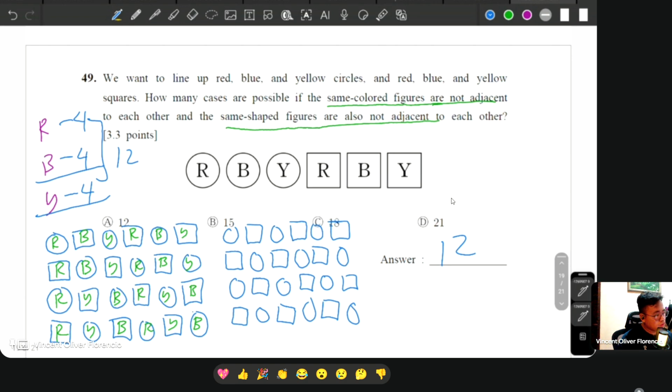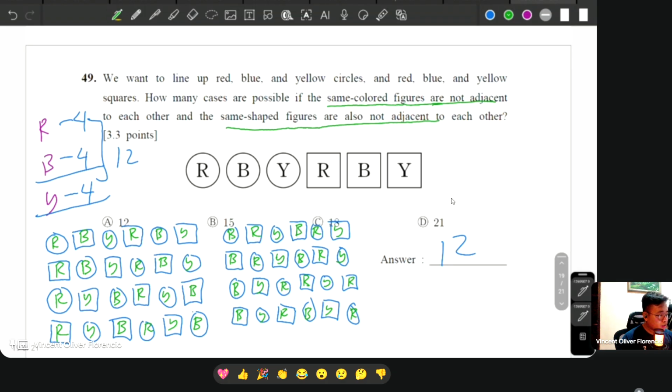Okay, let's say we started with blue. Blue, red, yellow: B, R, Y, B, R, Y, B, R, Y. Again, these two are different, okay? Because they have different shapes. Now, you still started with blue, but you can do first yellow and then red. So B, Y, R, B, Y, R, B, Y, R. So far, nothing there is being repeated.